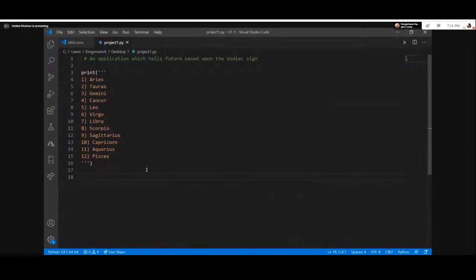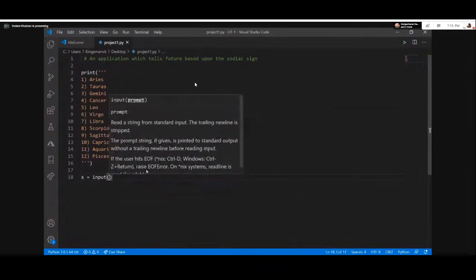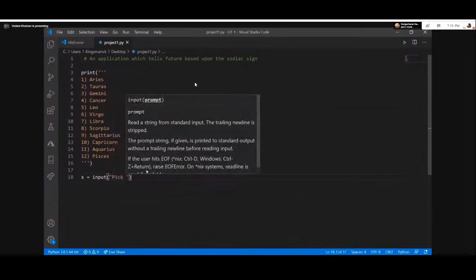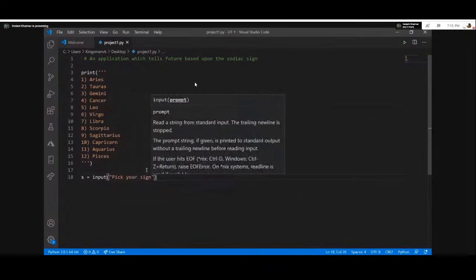Now let's take an input. Now the input will depend upon the sign number. So, input. As we saw, input takes input from the user. It's the standard input where I'll enter, pick your sign, and